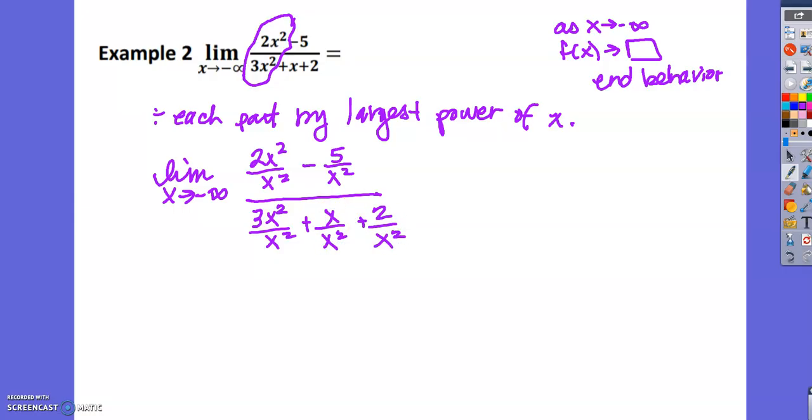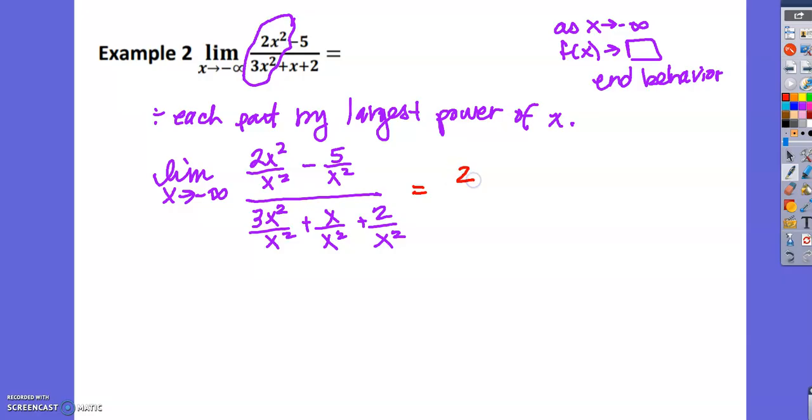Okay, and by the rules of limits, we said we can find the limit of each part separately because I'm allowed to do the limit separately for subtraction, for addition, and even for division. So that's what I'm going to do. So I'm going to lose my limit statement because I'm actually plugging in, or thinking about it, as it approaches negative infinity. So in this first part, the x squares would cancel,